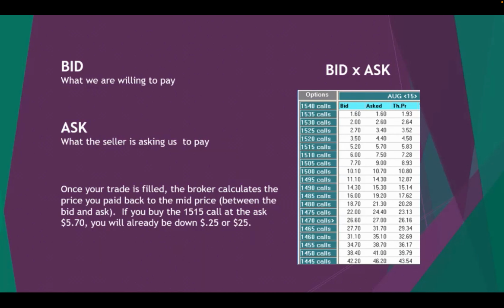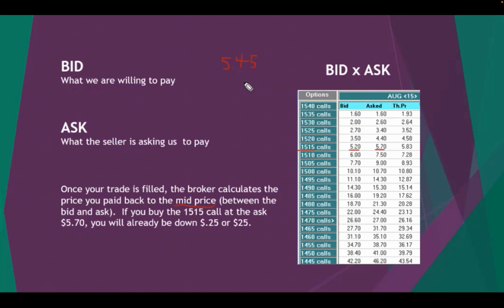So here, let's look again at our options chain. And what happens is your broker, they calculate the mid price, and all your profit and loss for that moment in time is calculated based on the mid. So let's take the 515 call as an example. So let's say you bought the 515 call. Now, if you look at the bid ask, it's 520, 570. There's a 50-cent difference. So you could go right down the middle and you could offer 545. Split the difference. That's the mid.